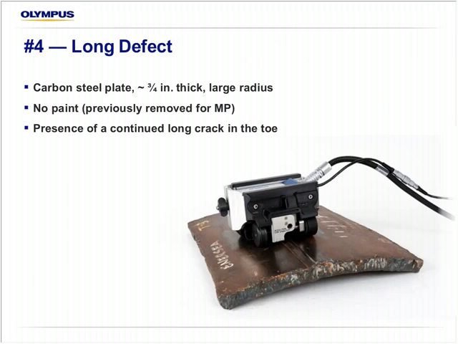Another challenging aspect is detecting longer defects. That's been relatively tough to do with eddy current up to date. This is an example with carbon steel plate, 3/4 of an inch thick, with a large radius. There's no paint. That's because it's been previously removed through MPI, and there's the presence of a continued long crack